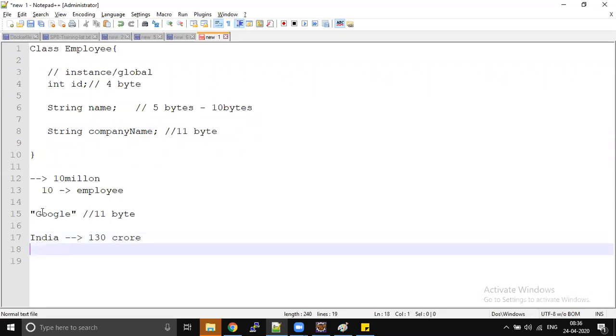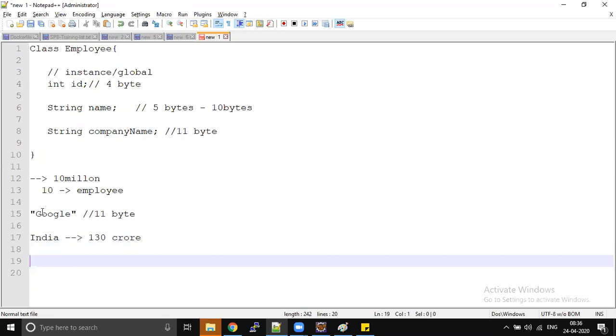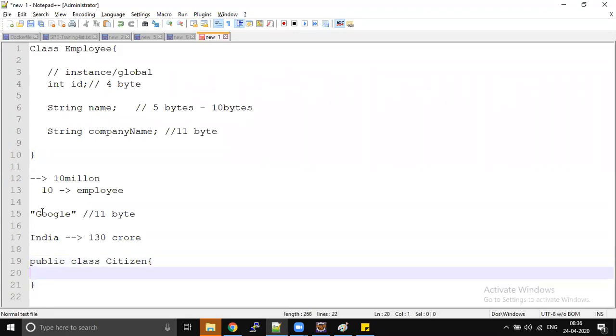If you make a small mistake, for example, you are writing some code like public class Citizen. The citizen name will be varied, so you can mark it as string name, fine.